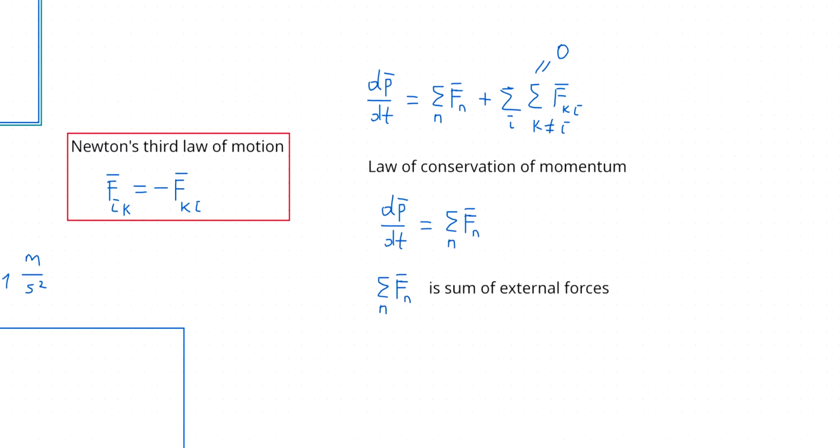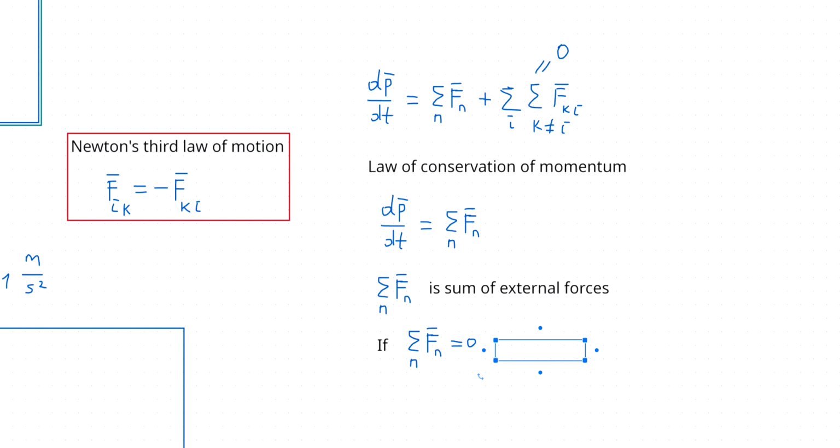So if this sum is equal to zero, here we will have the derivative equal to 0, and it means that momentum will be constant